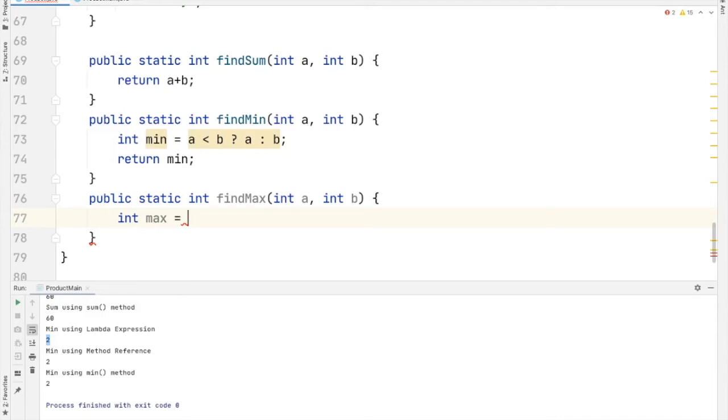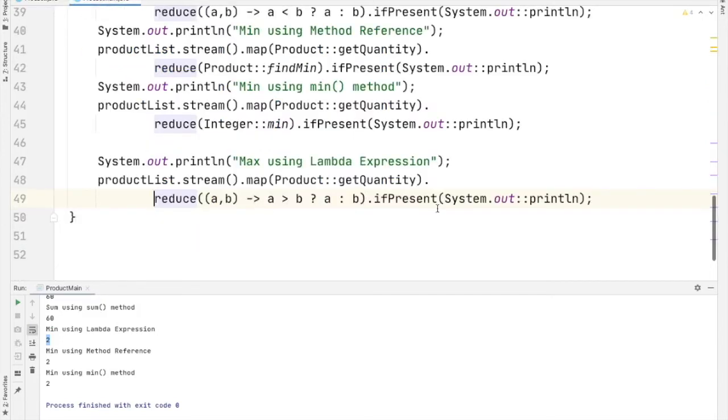So, if a greater than b, then max is a, otherwise maximum is b. Return this max. Go to our main class and we'll give a heading, max using method reference.